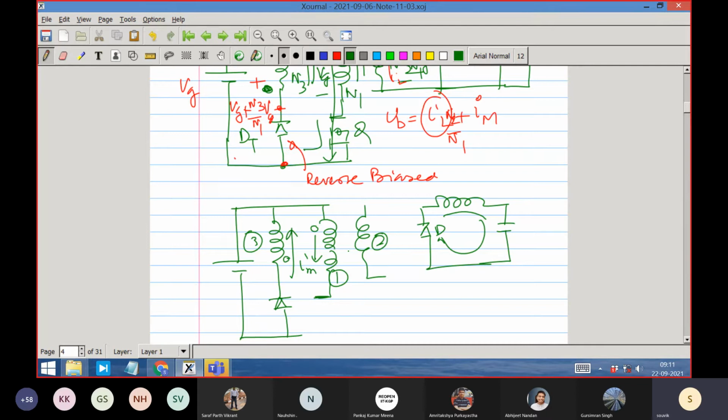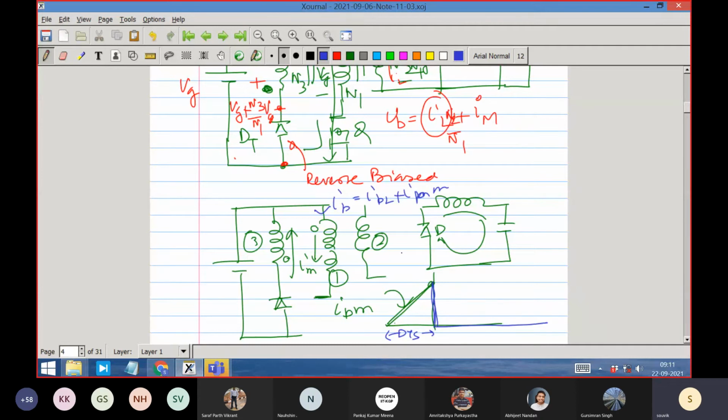So what will happen here is the magnetizing current will now jump, and jump in what way? During the on time the magnetizing current had gone to this peak value. I am drawing only the magnetizing current. This magnetizing current had gone to this value during the on time in coil number 1. So this was coil number 1, IP magnetizing. IP is the primary current, and generally the total current, I will say this is IP, has two parts, IPL plus IPM. So this is IPM, during DTS. It has gone up. After that, IPM can afford to be 0.